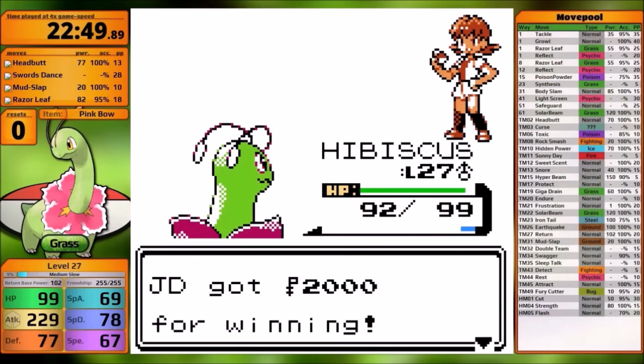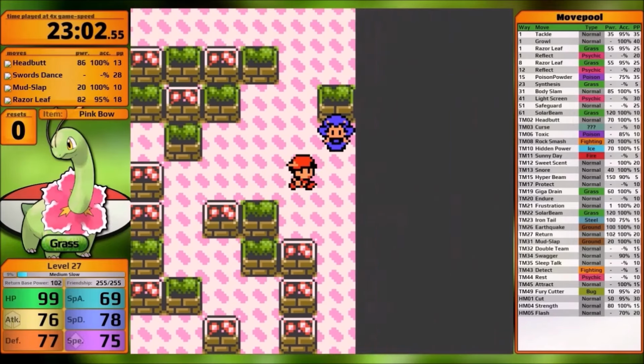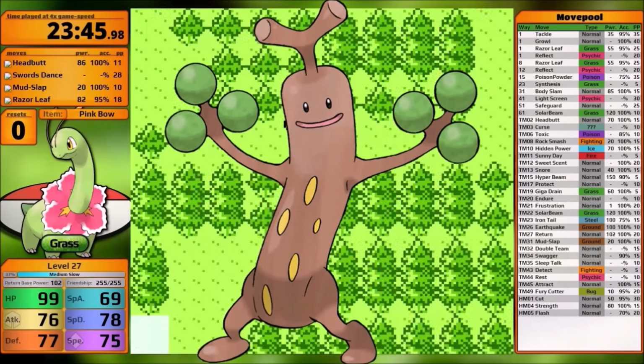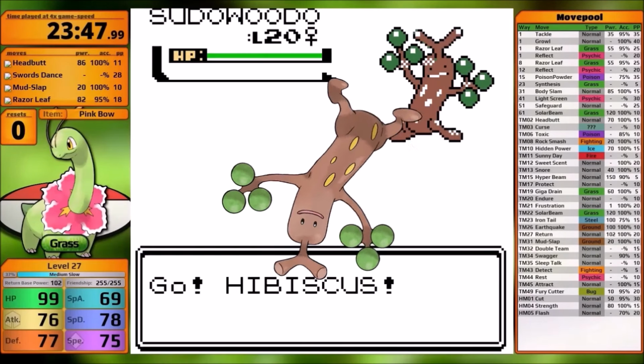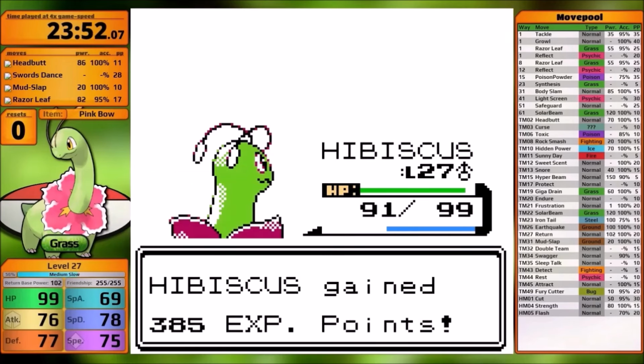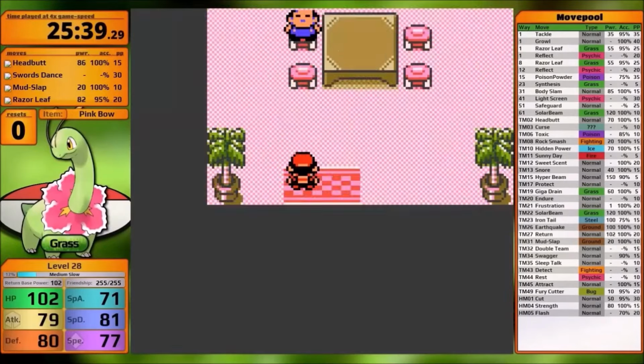We beat her, and we're going to move right on to the next part, which is Sudowoodo. Sudowoodo, we actually have a huge advantage against because we are a grass type and we have Razor Leaf. This should be a foregone conclusion. I don't remember if I was paying attention. I might have just hit Headbutt, but Razor Leaf 1-shot to Sudowoodo. Very good. And we move right on to the Lake of Rage, where we're not going to face Gyarados yet,